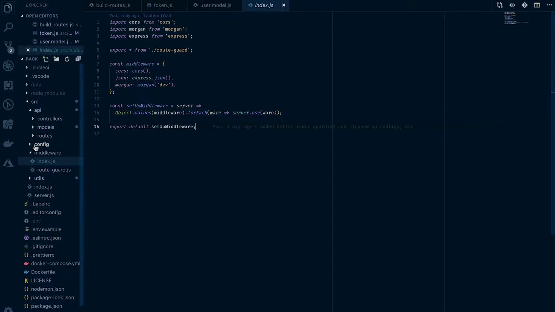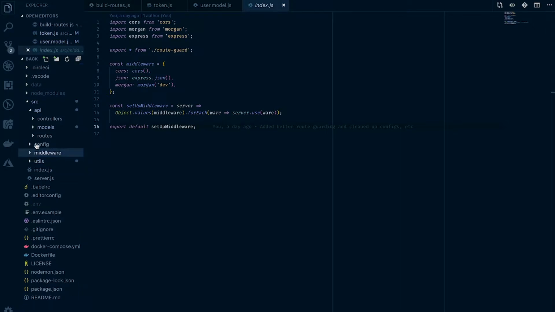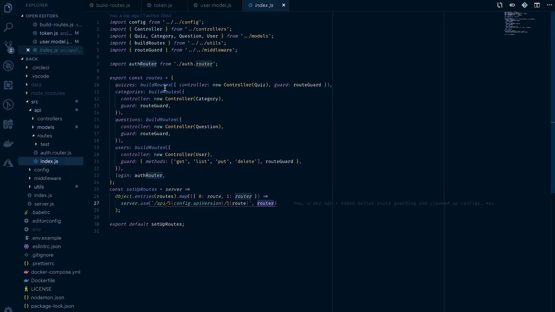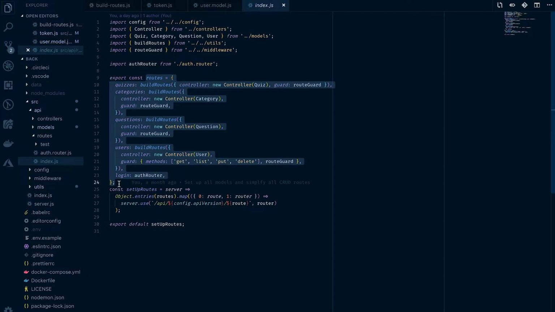So I will go back to my routes. And now I'll explain kind of what's happening here. As I said before, this is my routes object. Any route that I have, I'm going to add to this routes object. And as I said before, the key is going to be what the route is, and then the value is going to be the router that gets created by this build routes util method that I've created. And you can see here, I pass in the controller,